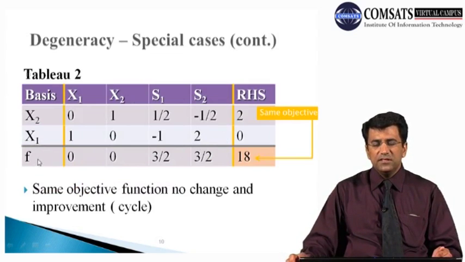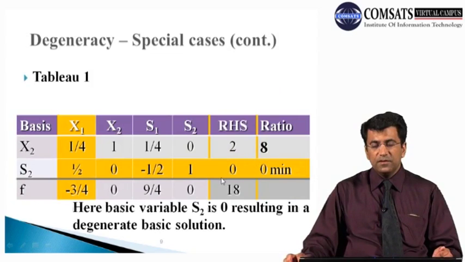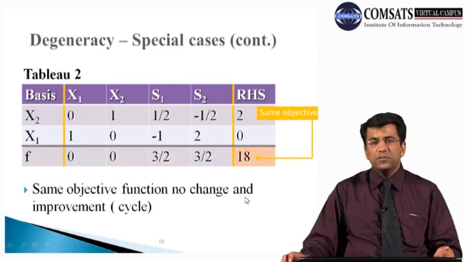Now class, if you see this objective function, you can see that all the coefficients of the objective function in this particular row are positive. So it means the condition of optimality is satisfied here, but there is a point to be noted here, that in this particular case we have the maximum value of objective function as 18, but if we refer to the previous table, then you may know that we already have this value of objective function in our previous table. So this objective value is being repeated again in our table.